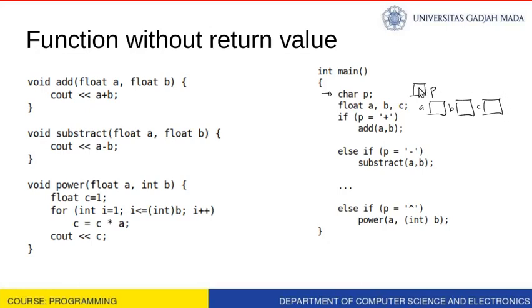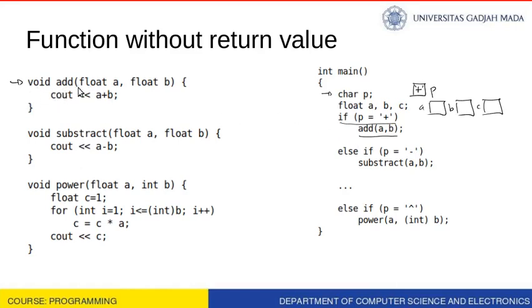And then suppose p is plus, then we will do this function call. So what is the difference? Let us see the function add here. So it will go to here. The program execution will jump to this